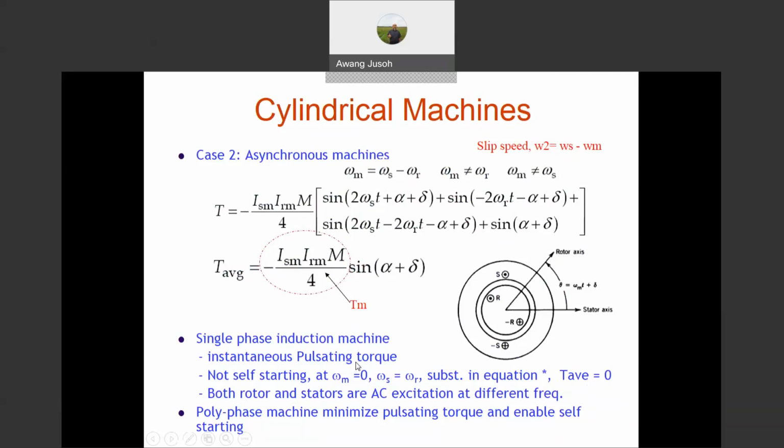How do we run a single phase motor? Then we need to change from single phase to polyphase, for example, 2-phase, 3-phase, and so on. By having polyphase, the motor will have starting torque and will be able to start. For example, in our ceiling fan at home, normally they put a starter capacitor there. By putting the capacitor, we change the system like that. So when we turn on the power supply, the machine already has starting torque, so the motor can start to rotate.